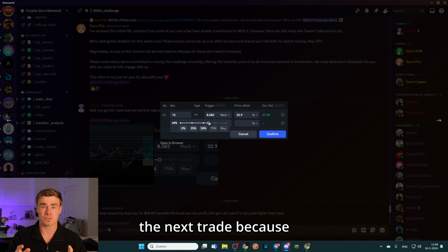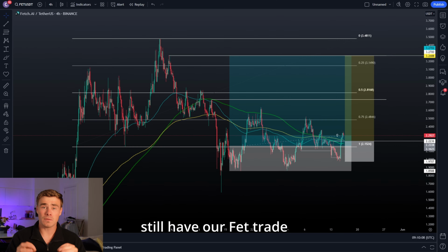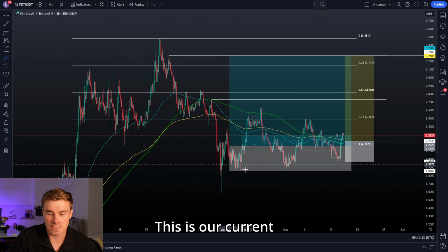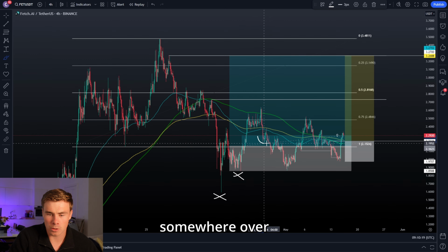Now let's move over to the next trade because there's a lot going on guys, and there's a lot of trades running, a lot of orders waiting. Let's dive into it. We still have our FET trade running as well, and guys, I'm looking to add to this position as well. This is our current position. We already tightened our stop loss from this low to this low, added to the position somewhere over here I believe,